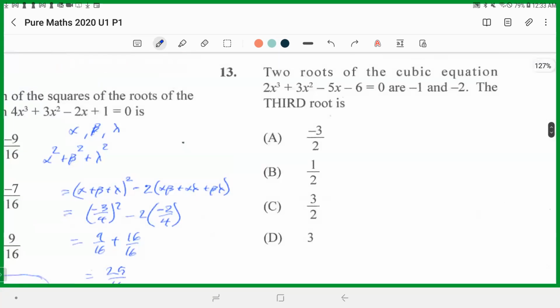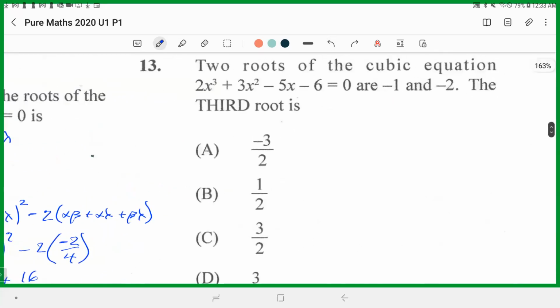The roots of the cubic equation are this and this, and they're asking us for the third root. Now to get the third root, what we can do is search for the factors, because this would give us two other factors. So if this is a root, then x plus 1 is a factor, so this equation would become x plus 1, and if this is a root, then x plus 2 is also a factor, x plus 2. And then it's a matter of working out the third factor